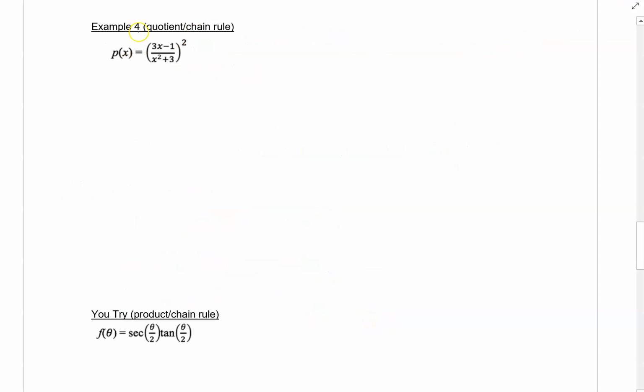So example 4 and then the you try after are again looking at equations that use a combination of a product or quotient rule combined with the chain rule. So in this function here in example 4, this whole thing is plugged inside. This would be my u. U is 3x minus 1 over x squared plus 3. And so I could think of this as p of u is just u squared. I can kind of think of it like that. This whole thing just becomes